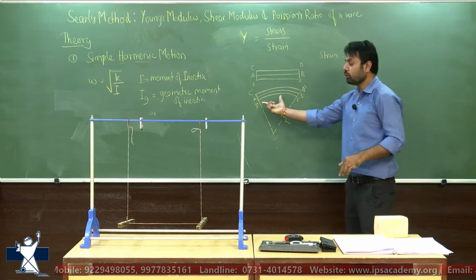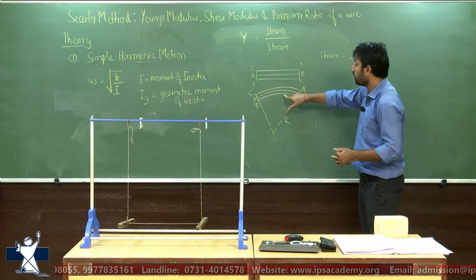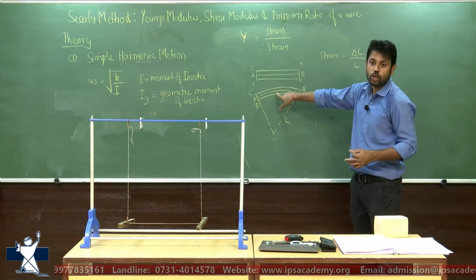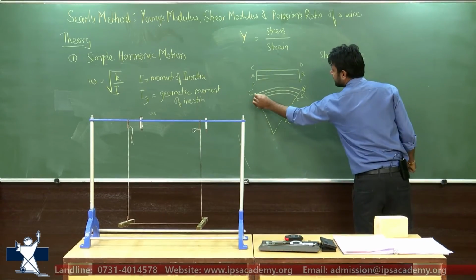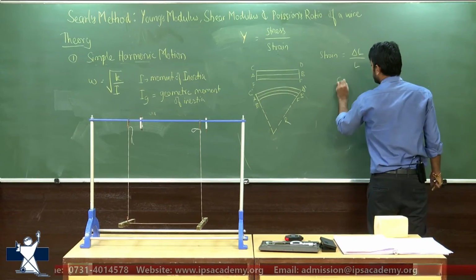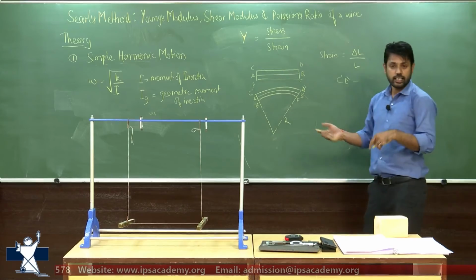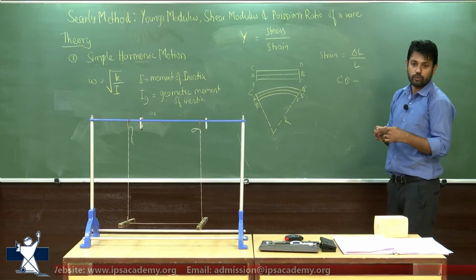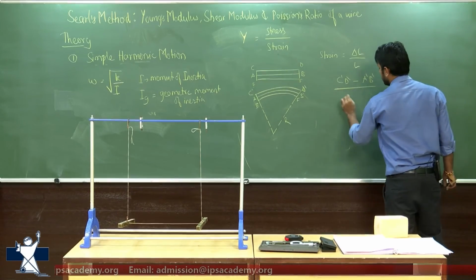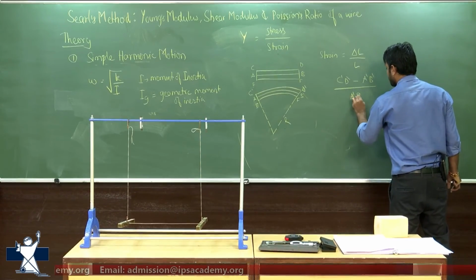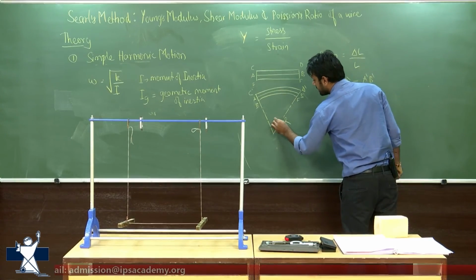So we want to measure the change. What we are going to do is consider any one of these situations, either compressing or stretching. So let's consider stretching. In this case, the stretching length will be equal to C dash D dash minus A dash B dash, assuming that AB and A dash B dash are exactly the same. The length at the center will not change. So it is C dash D dash minus A dash B dash divided by A dash B dash. Let's assume this angle is theta.